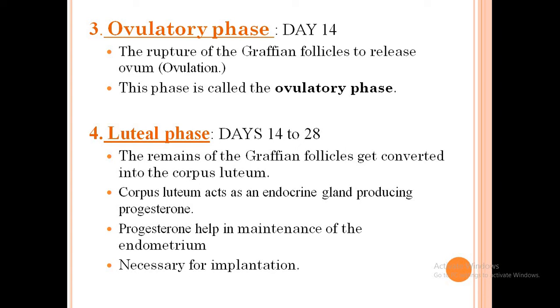Now, why is it called the secretory phase? Because the endometrial glands that I told you develop during the follicular phase become very active. And they start producing some nutritional fluid. That is why it is also called the secretory phase. Then, this is also called, children, the post-ovulatory phase. Why post-ovulatory? Because this occurs after ovulation. And this phase is also called the premenstrual phase. Why? Because after this phase, the menstrual phase starts.